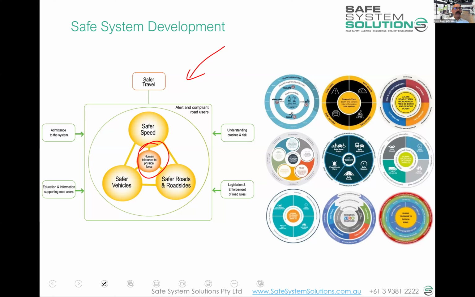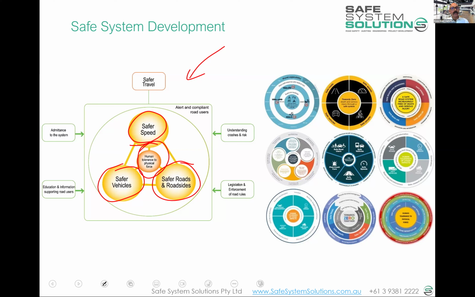And then we asked, what are the levers we have to pull here? We've got the vehicle and the safety features of the vehicle. We've got the speed of travel, and we've got the road and the roadsides. They're what we have to play with within the system to make this a safe system. And then, sitting in this Austroads boardroom, the group split in a sense. One group said, I think we're missing something critical to creating a safe system, and that's safe humans. And the other side was saying, well, no,